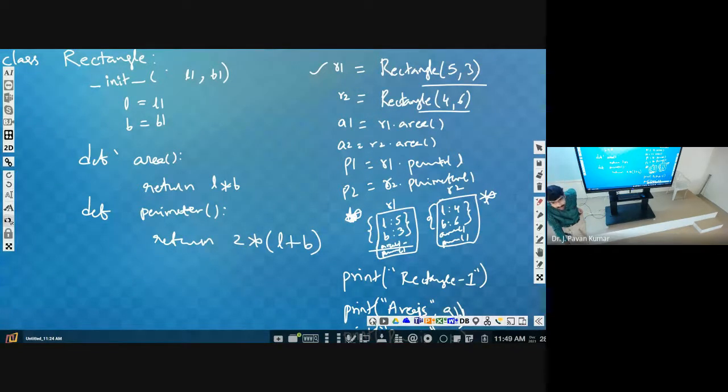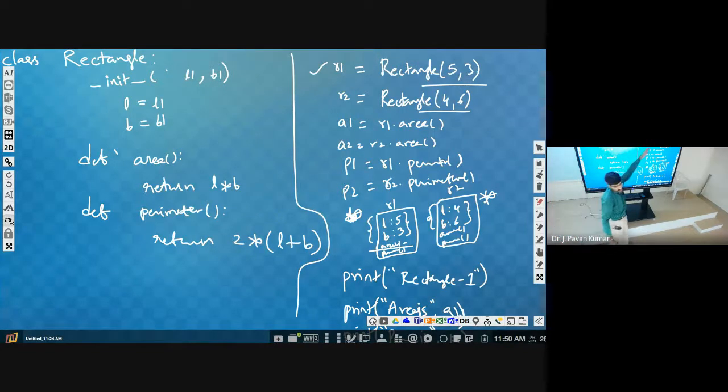Actually, class rectangle contains up to this. After completing the entire class, then we will create objects. R1 is equal to this one. So this R1 should be aligned with this class. Like the definition, when this one is completed, area is up to this. How are we indicating? By aligning the next statement from this. Similarly, you have to align with this.